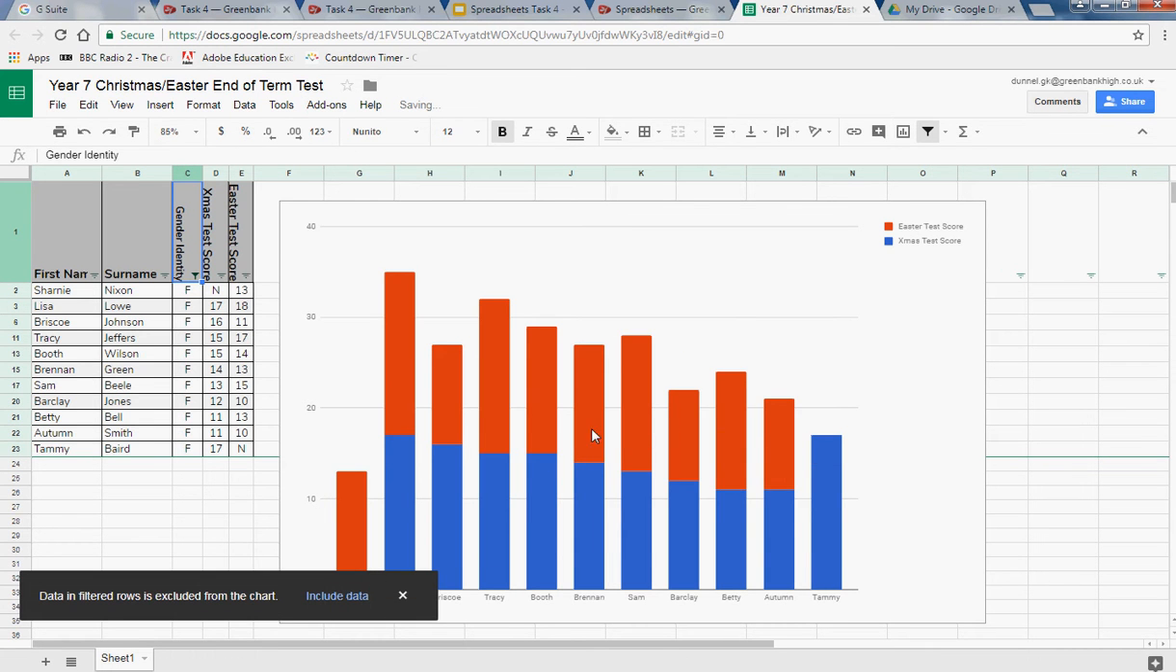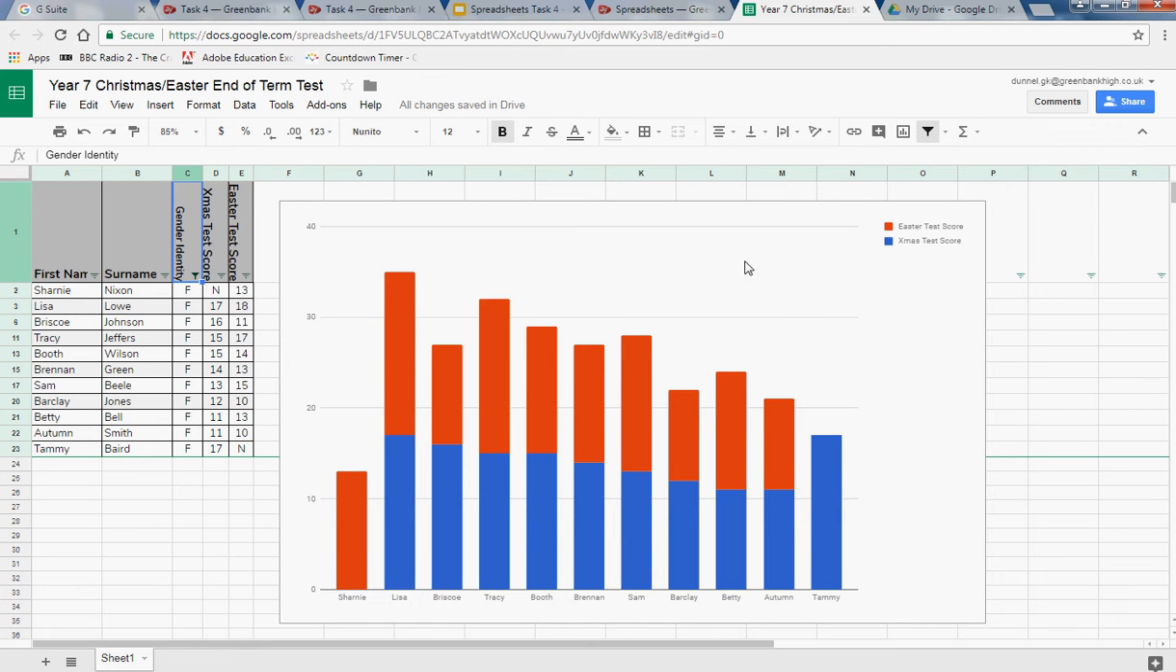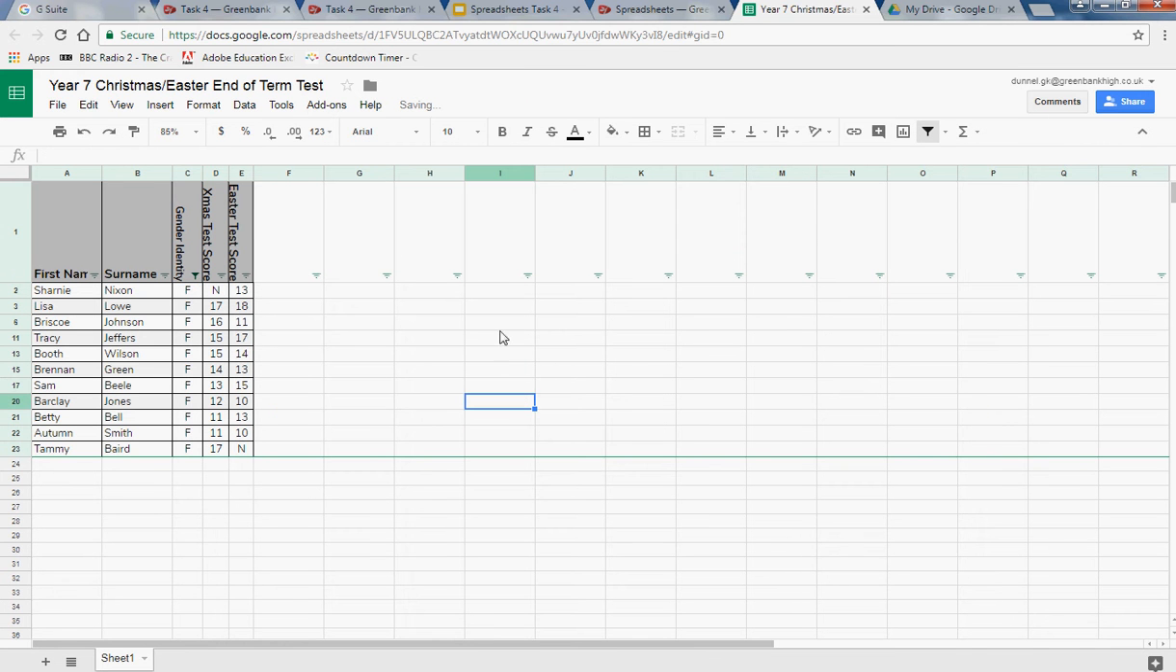So now I've just got the boys and girls, but I've got a stacked column graph showing both the scores, and I don't want both. The easiest way to do this is to actually just delete that graph. Say, well, the only columns I want are the first name and the Easter test score. They're the only things I want. So it's easier if I click and drag the first column, that's been selected. If I now click and drag the second column,